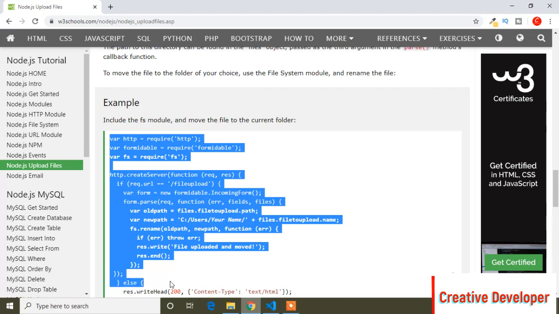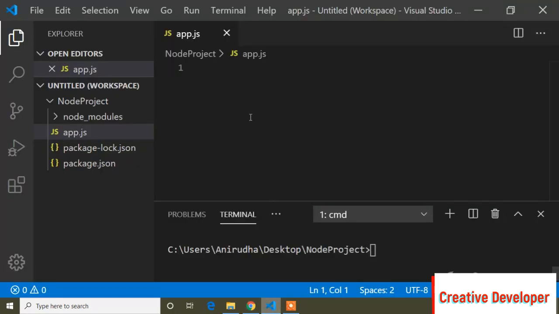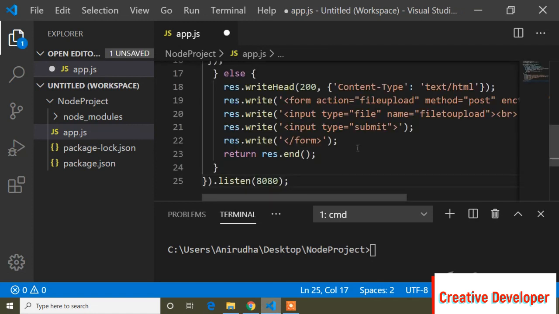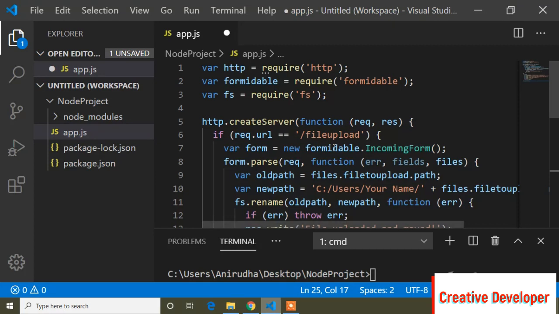You can see here I will get all the code in the third step. So I will copy this third step code from here, and simply paste it in the app.js file, and I will show what the code is and explain that. First of all, here http is required to create a server. If you didn't watch how to create a server, then go to the description, I will provide the link.